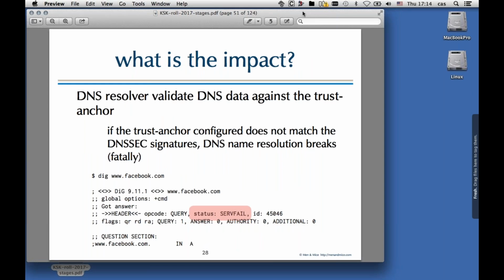So if the trust anchor that is configured in the resolvers doesn't match the signatures created in the root zone, that will break DNS name resolution, and that will break it completely. Yeah, if that happens and you dig for facebook.com or ic.org or menandmice.com or whatever your favorite website is, you will get a server fail, and your browser will not be able to